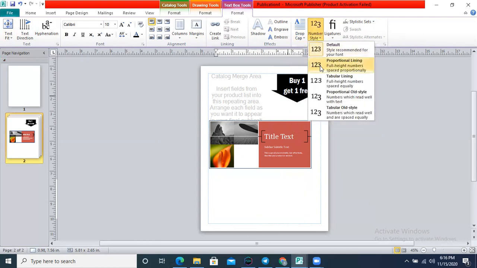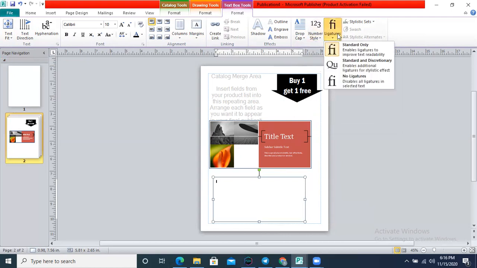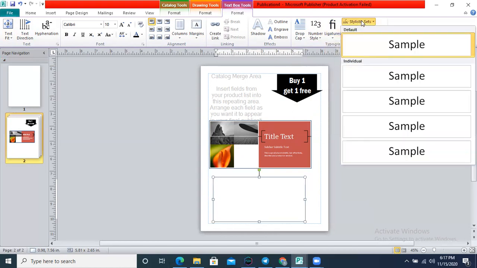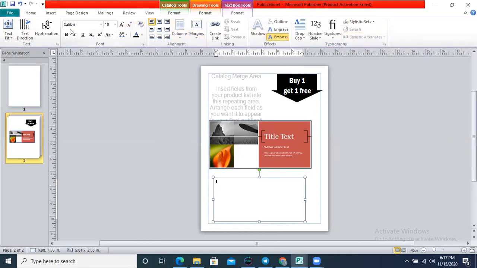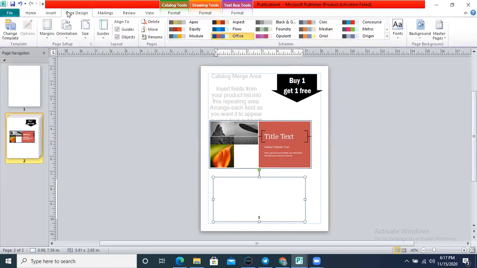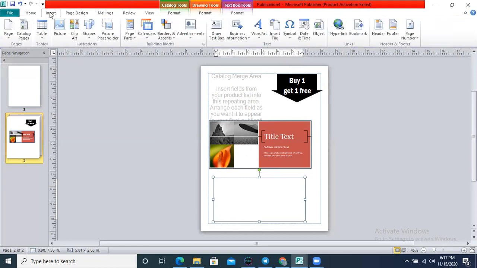Different styles of numbering over here, whichever numbering you want to implement, whichever standard things you want to get into this, whichever styles you want to implement. There are multiple things you can explore over here. There are multiple things you can write over here. There are text direction, text field, best fit, how your text will be fitted into a particular block. These are different kinds of formats where your text will start to write, where you want to write something, where you want to show your particular things. So this is a very nice tool. Try to explore it and try to make good things according to your requirements, according to your lab task.